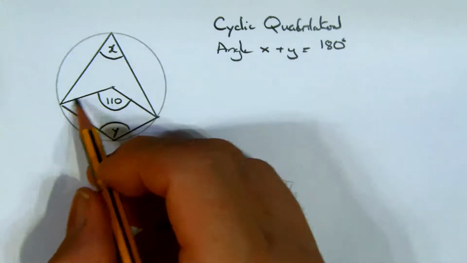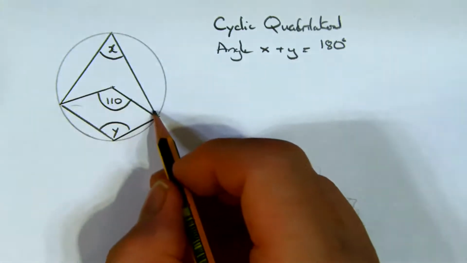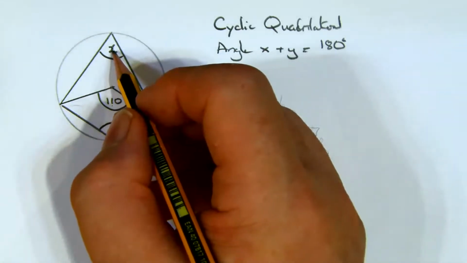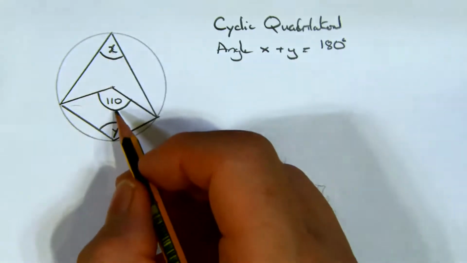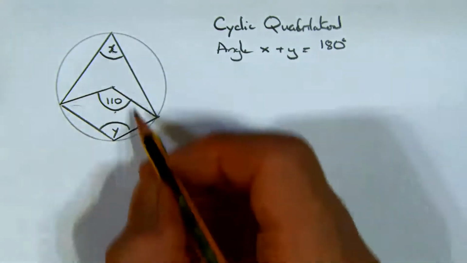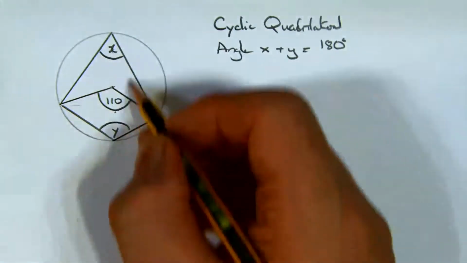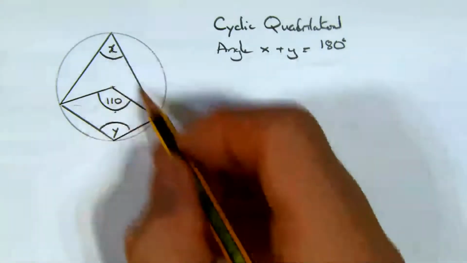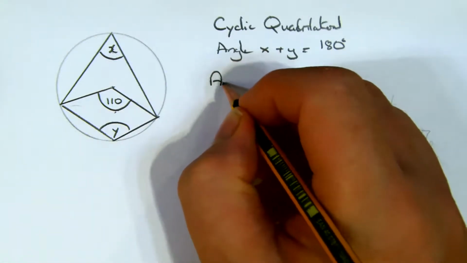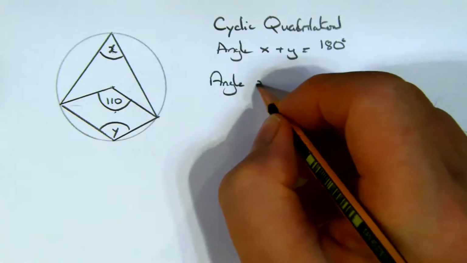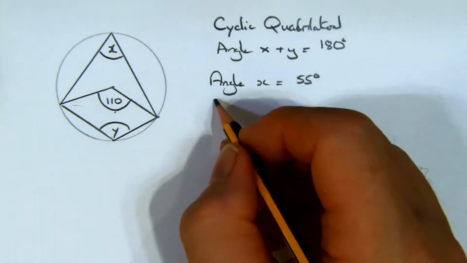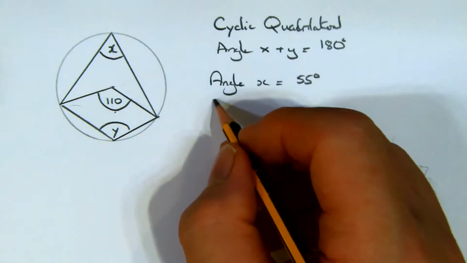We've also got one of these shapes where the angle at the circumference is half that of the angle at the center. This is why I wrote this one out two different ways, because it depends what we're looking for. So I can say that angle X is going to equal 55 degrees, and the reason is because